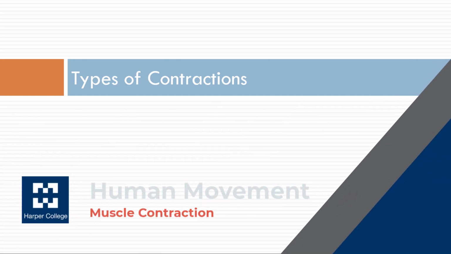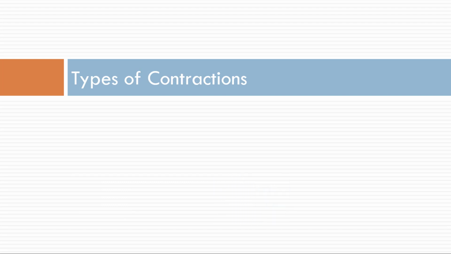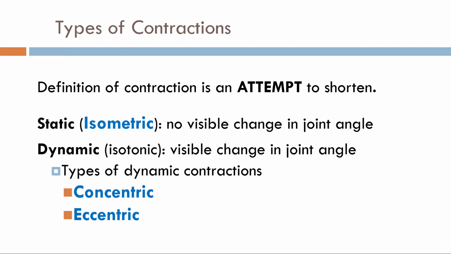So now we're going to look at types of contractions, and this is the muscle responsibility, or the muscle response to input from the nervous system. Contractions are always thought of as muscle shortening, but it's really an attempt to shorten. Muscle tension generation is really the premise for how contractions occur. The go signal from the nervous system tells the muscle to do its only job, which is generate tension. How much tension is generated depends upon how much external force there is compared